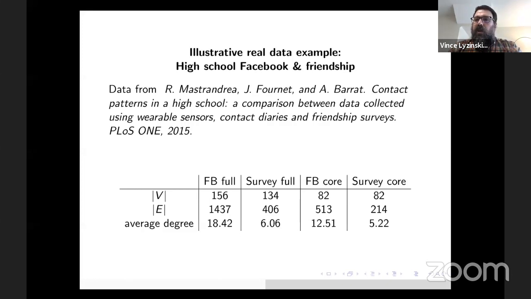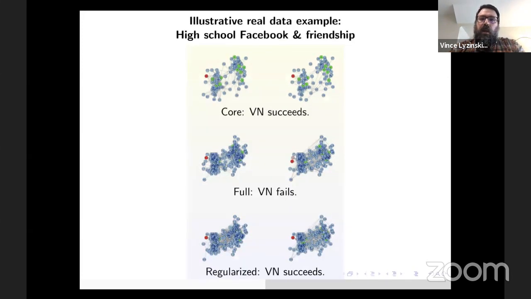And we can think of the adversary here as there are 82 vertices that appear in both networks. We call those the core. Those are students that appear in both of the networks. And we can think of the adversary as adding extra vertices into the second network, I think here 52 extra vertices that don't have correspondences in the first network. And now the task would be to find the corresponding vertices under this noise. And so it's like a chord jump type model. And I'll show better pictures of this as we go, but this is the idea.